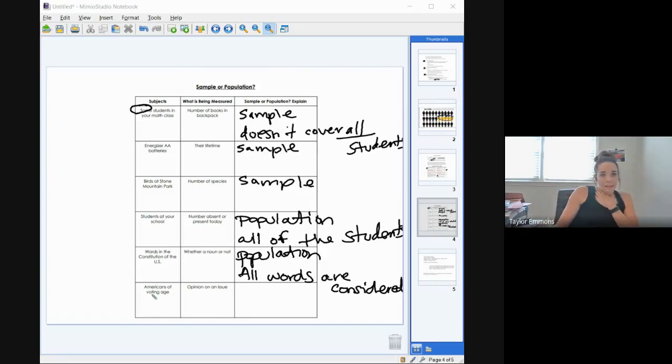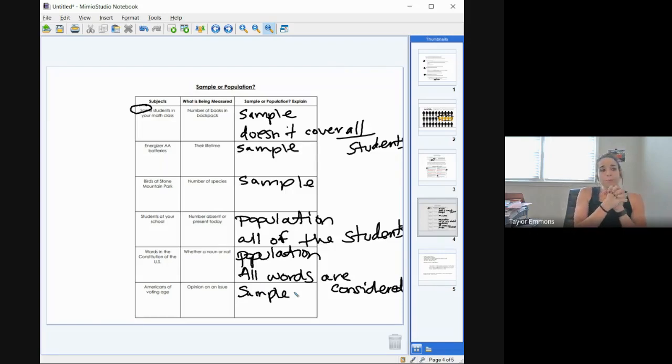All right, and then last one, Americans of voting age, opinion on an issue. Is that a sample or is that a population? Sample or a population? Right. Okay. So it is a sample. Okay. And the reason why it's a sample is because,